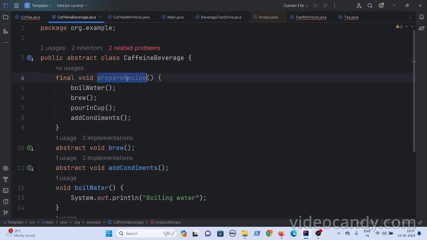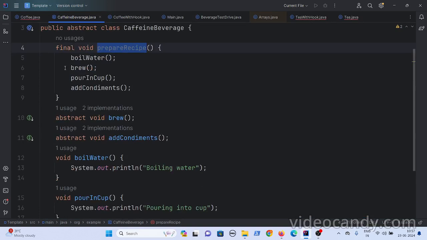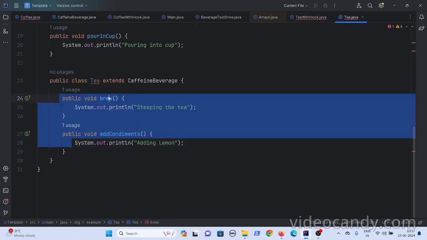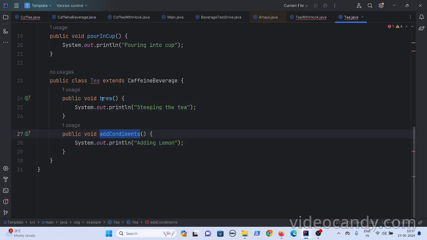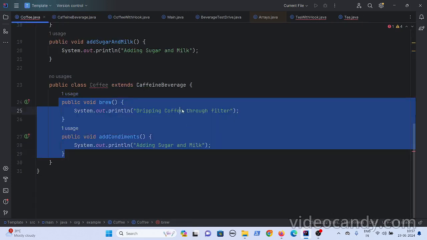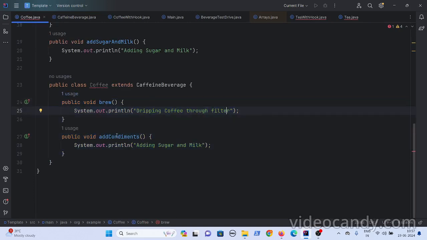And even the recipe is also the same. It's just that for brewing and add condiments, these are different, and you have that implementation for brew and add condiments. So for tea brew, you are steeping the tea, and for adding condiments, you are adding the lemon. For coffee, you are dripping coffee through filter, that is brew, and then for condiments, you are adding sugar and milk.